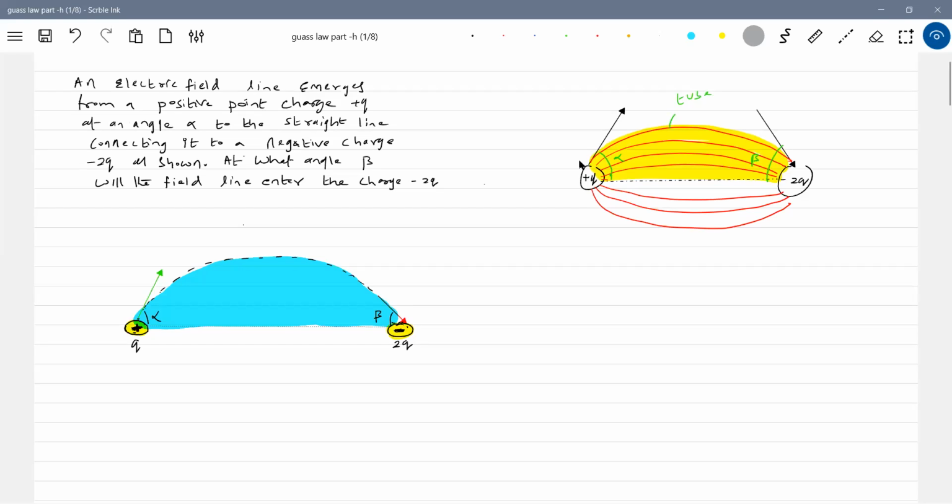But the total number of lines of force emitted will be different. So here we'll further continue. 1, 2, 3, 4, 5. First, let me finish off these lines of force also, then you'll get some idea. How many are there here in total? 1, 2, 3, up to 16. I have to draw another 32 lines.